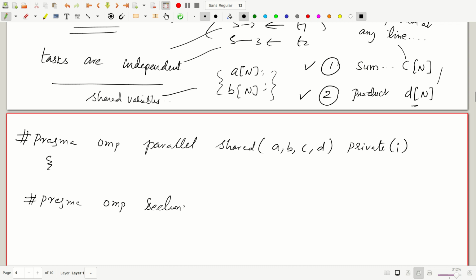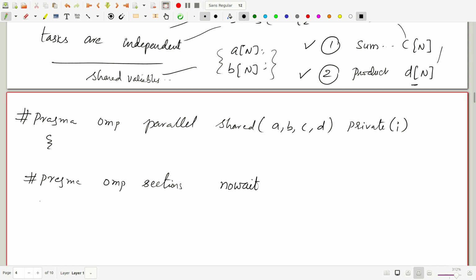Okay, and then we would have an extra tag here. The extra tag is whatever we have already learned, which is the nowait clause. That means one particular thread need not wait for the previous thread to finish. So the sections need not wait for the other one to finish. So we have the nowait clause here, and then we would open up and write sections. Okay, so this is